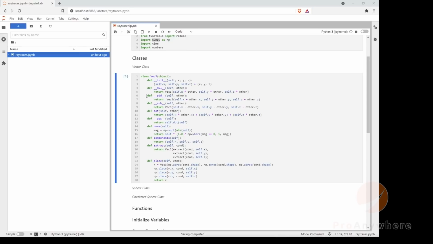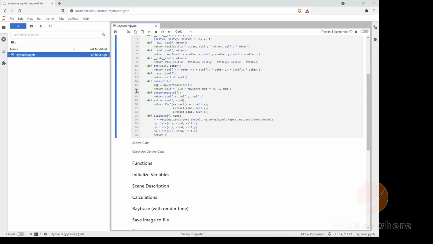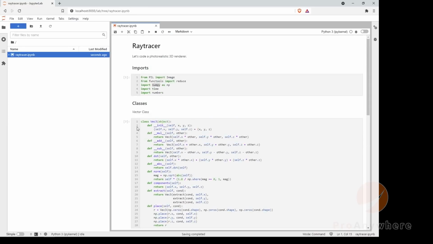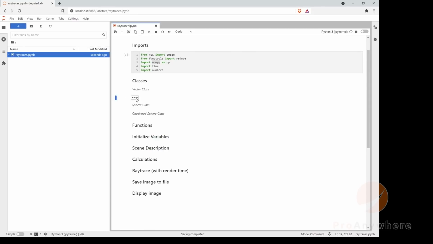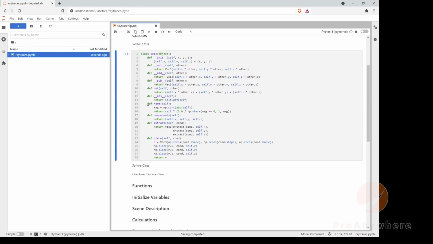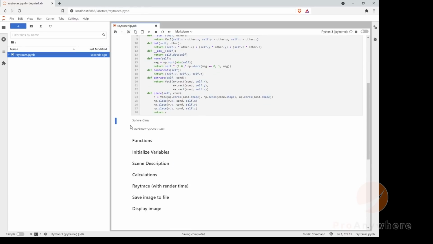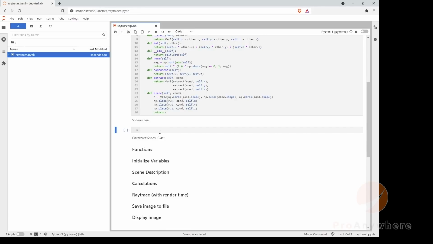Next, we're going to implement the sphere class. Remember to save your notebook along the way. It also is designed to autosave by default, I believe, every 2 minutes, in case you lose your notebook. In here, I'm going to click on that cell. If you want to collapse this cell, right next to the button, you could click on it, and it will collapse, and you could click on the 3 dots here, and it will open up the code again. So in the sphere class, make sure that cell is selected, press plus, it's a coding cell,